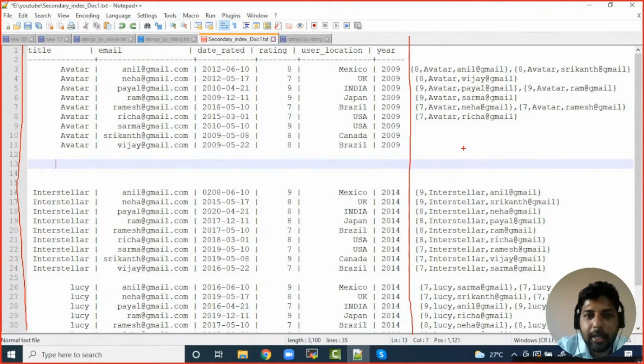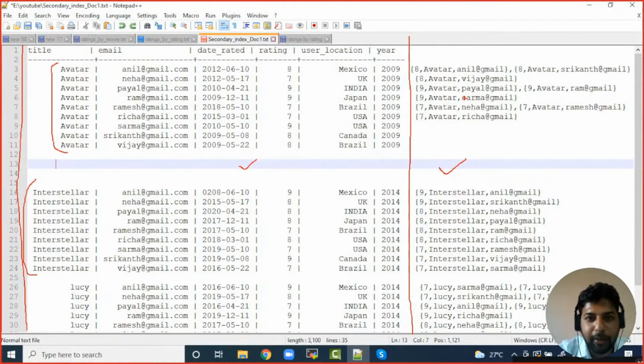Now, here comes your index data. So what is the main difference between your base data, this is the base data, the original table data, and the index data? The main difference is your base data will get distributed, meaning all avatar data will be in one place, all industrial data will be in one place, right? But if you notice, your index data basically co-locates on the same node with the source data.